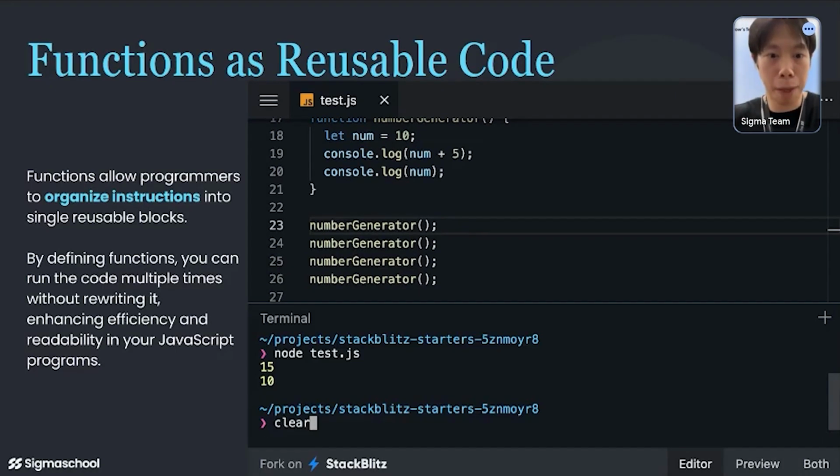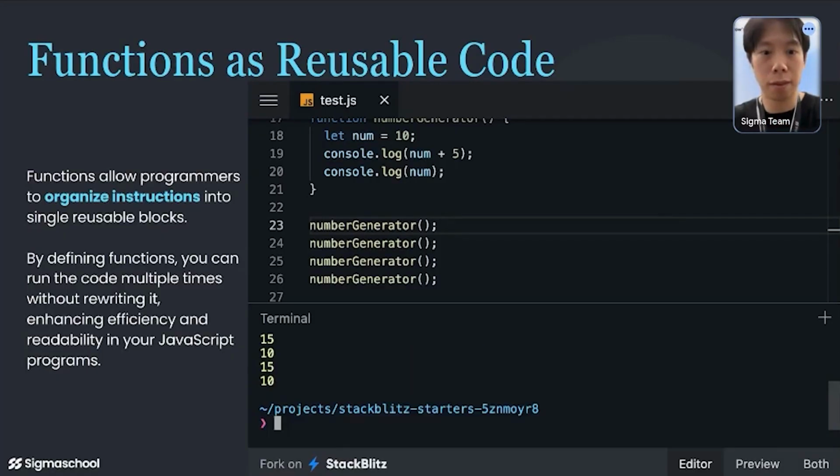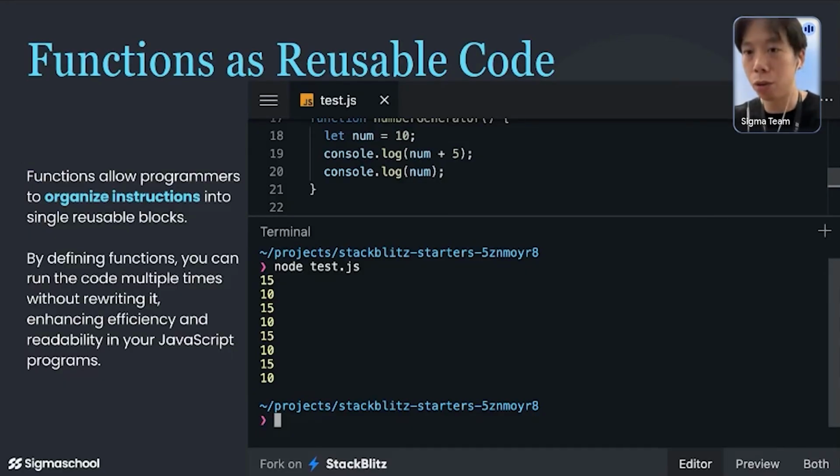What that basically does is it's going to run the same exact function, or the same exact instructions, 4 individual times, and you repeat the process. So as you can see, in this example, I'm outputting 2 values into the terminal for each time I run the function.